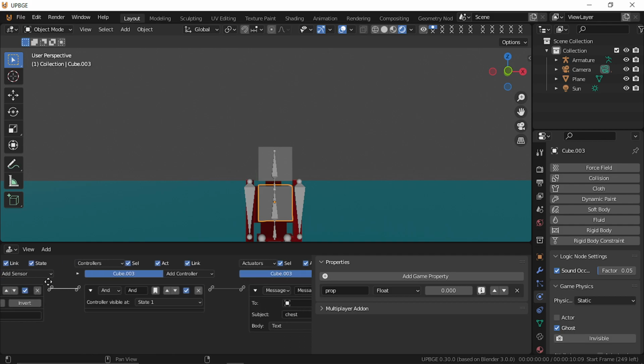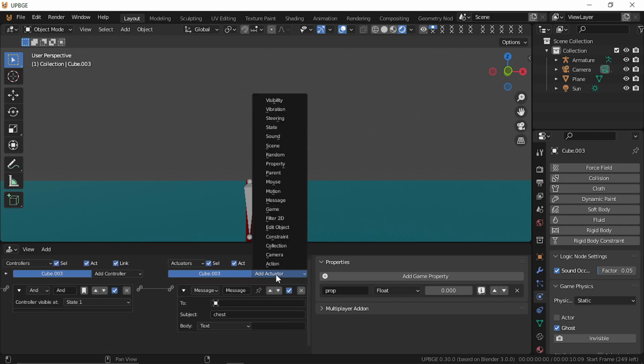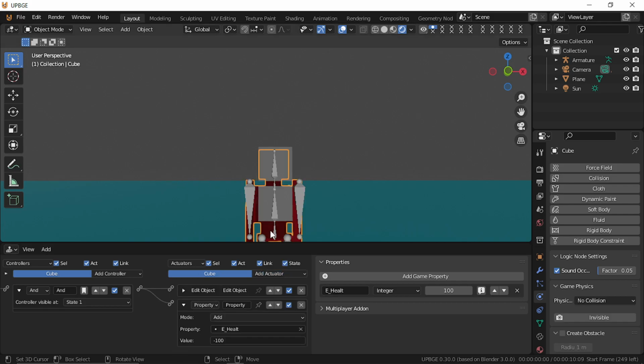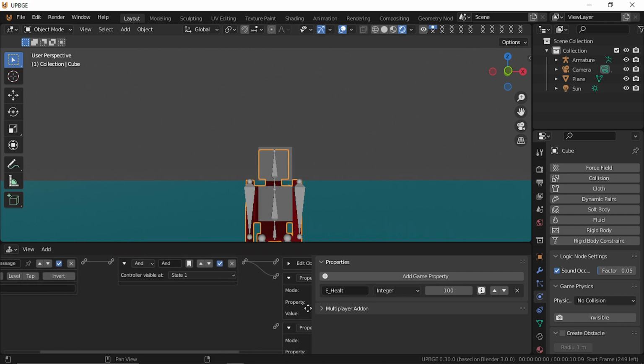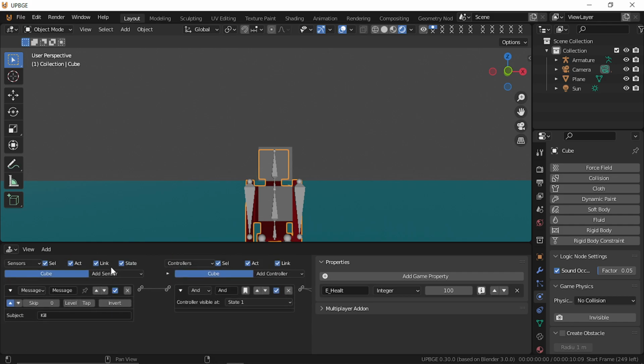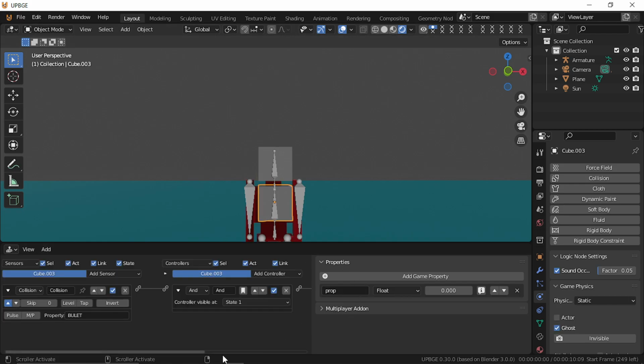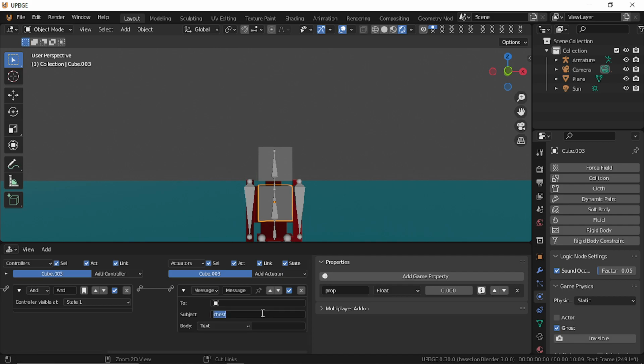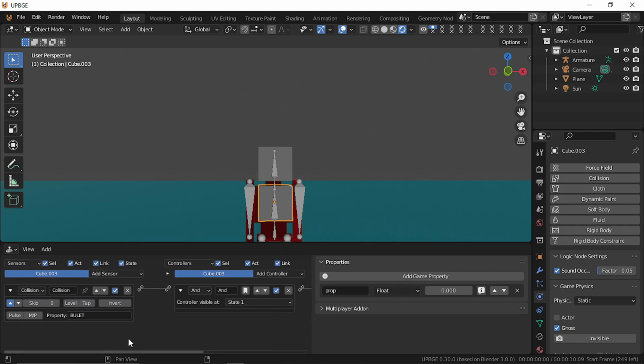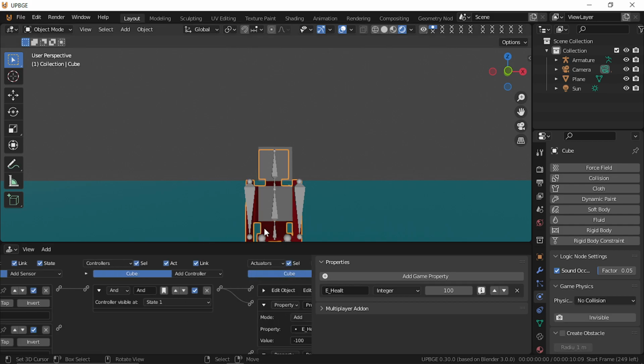I'm just gonna add a property for both of these because they need something to, you know, fly with. So I'm gonna add another property. Remember, this is supposed to be right here. Now remember, it's a message. We need another message, and this one with the chest. And make sure, I'm just gonna copy this, make sure I'm really going for the, yeah, chest. I'll probably have a capital there. Okay, anyway, so if it collides with the chest, it's gonna take away